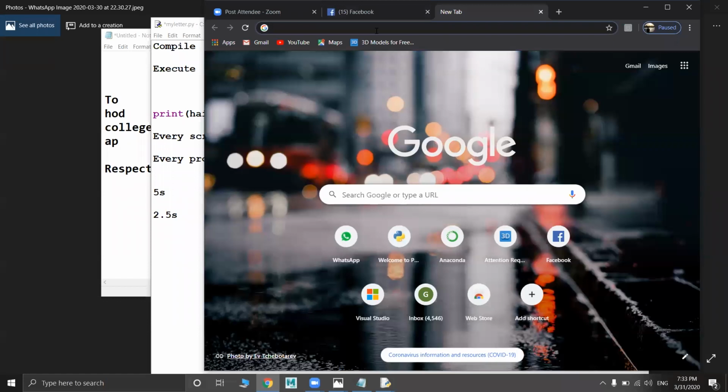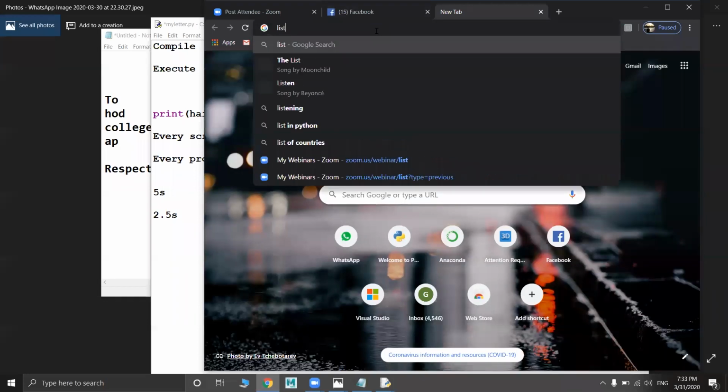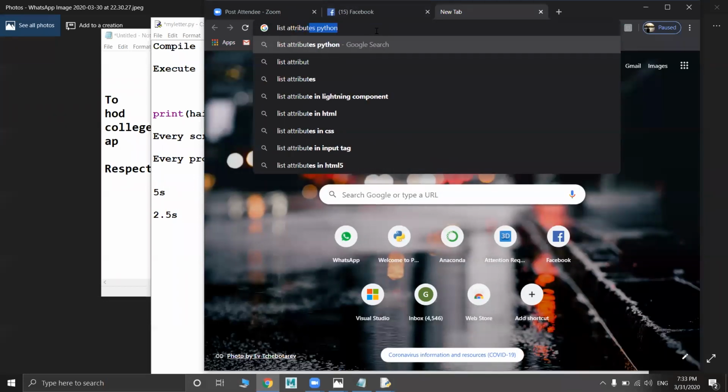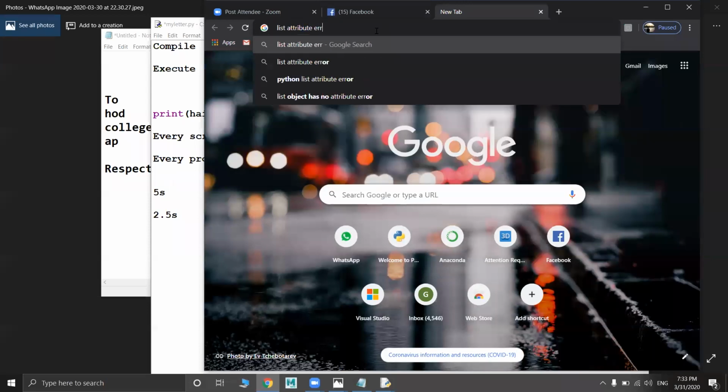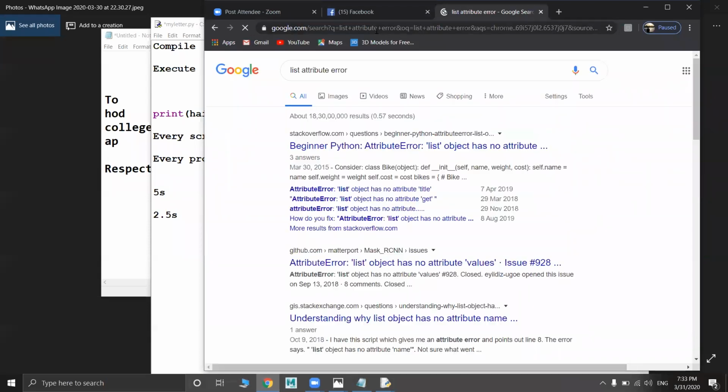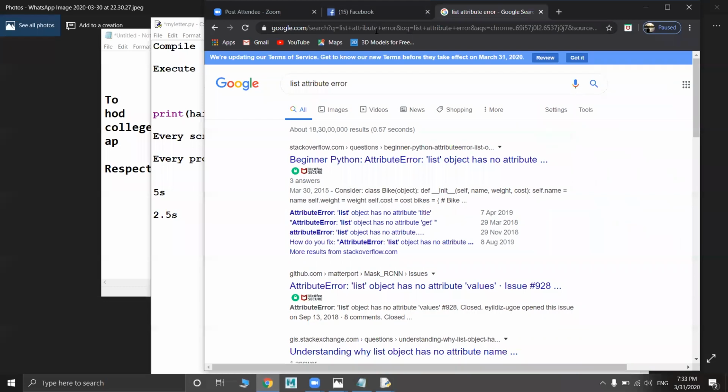Like a list attribute error. When you search something like this, you will get the first result from Stack Overflow. Am I right? Most times you'll see the first link as Stack Overflow. This Stack Overflow is also built using the Python and Django framework. And there is a Reddit app.